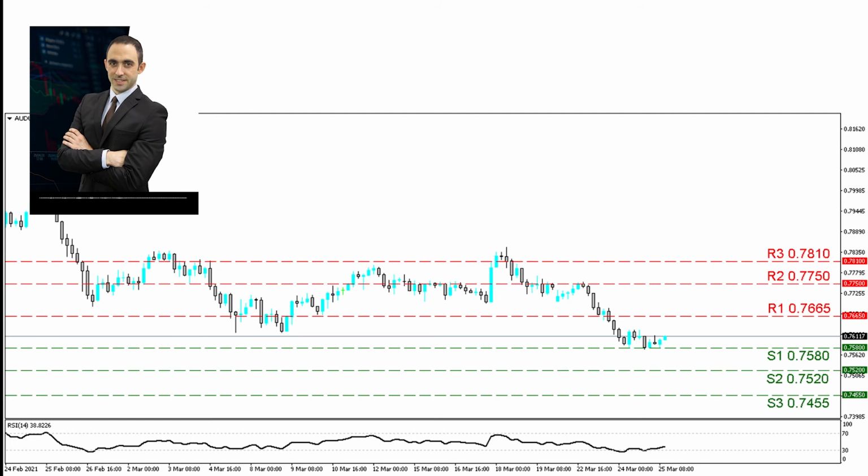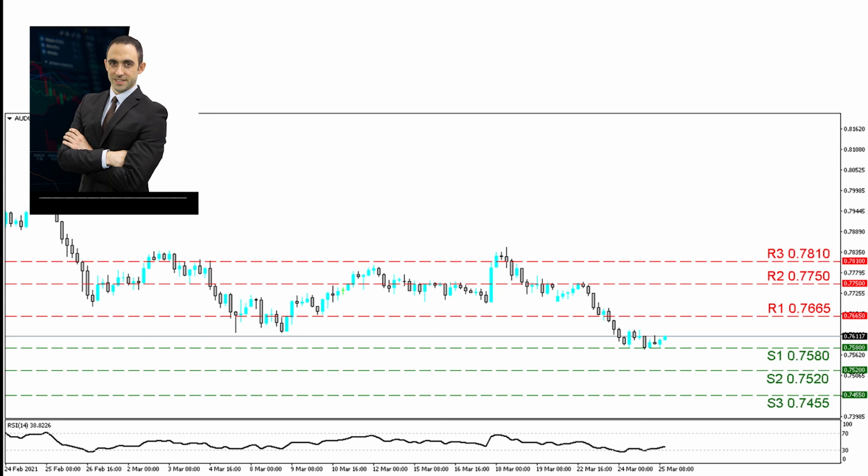This is AUDUSD. For our chart, AUDUSD dropped to a monthly low in the recent sessions, but stabilized nearby our S1 0.7580 support level. If the level manages to weather the storm, then the bulls could jump in and drive prices higher towards the R1 0.7665 resistance level. Higher, we have a level that was tested constantly in the previous days but was not breached, which is the R2 0.7750 line. At the top, we have set the highest price level reached in March, which is the R3